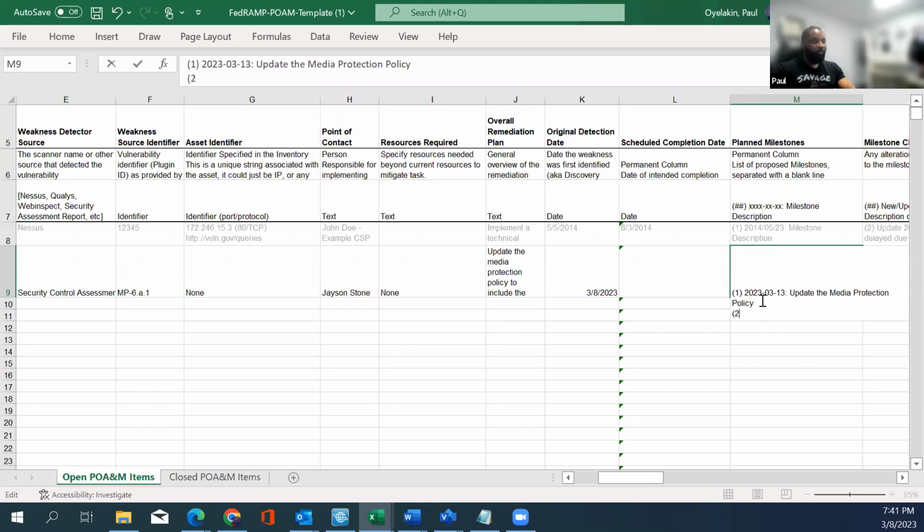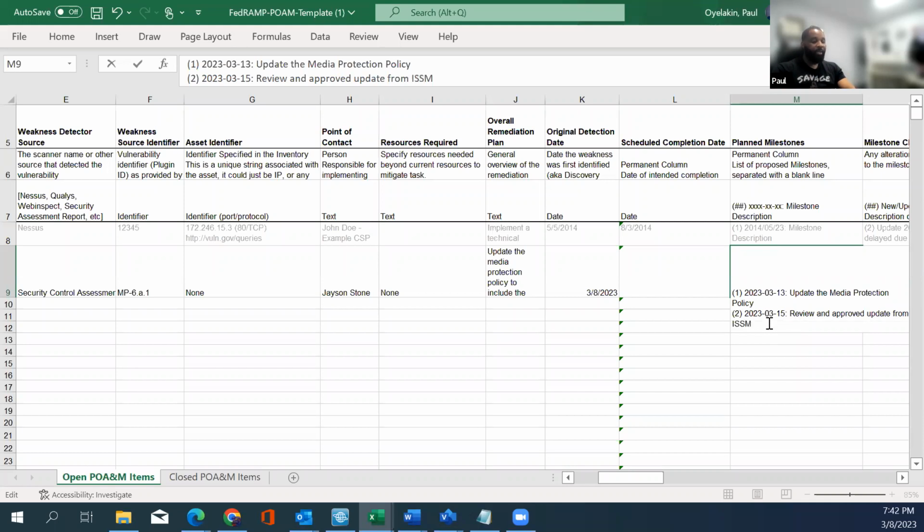All right, and then in my mock conversation with Jason, after he updates it, he's going to need to run it up for signature, right? Because he's the ISO. He's not the person that signs for it. So on Monday, he's going to have it reviewed by his manager, let's say the ISSM, Information System Security Manager, and then they're going to look at it and approve it, and then they're going to run it up the chain, because all formal documents, like our policies, need to be signed by the AO, and then they're going to have the AO do the final signature, right? So let's say they need a couple days. So we'll say 2023/03/15, reviewed and approved